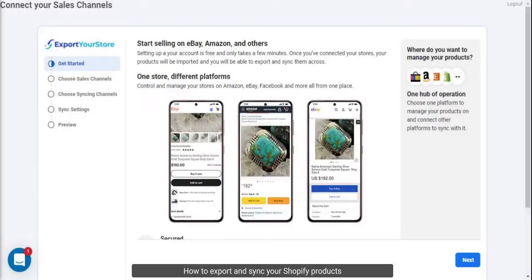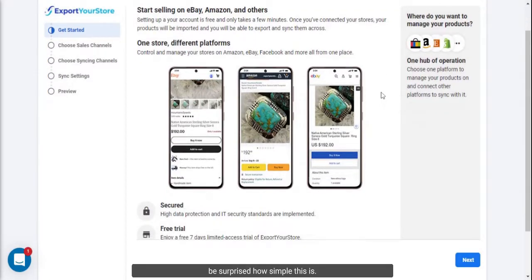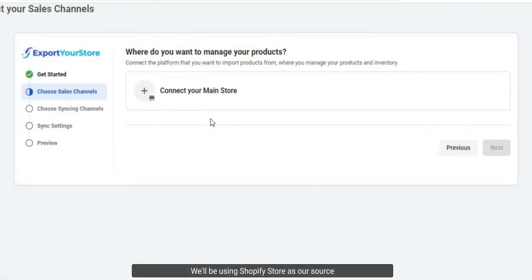How to export and sync your Shopify products to eBay with a few easy steps. You'll be surprised how simple this is. So let's get started with the setup. We'll be using Shopify Store as our source for our products and connecting it to eBay. Updates will come from our Shopify store, and any changes to Shopify will be reflected in the target channel, in